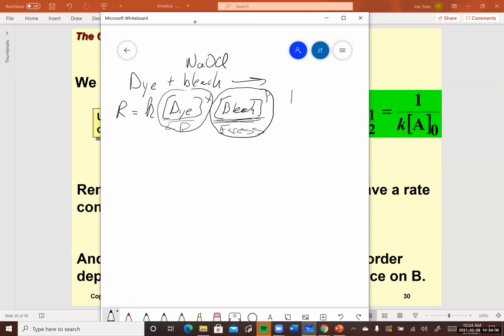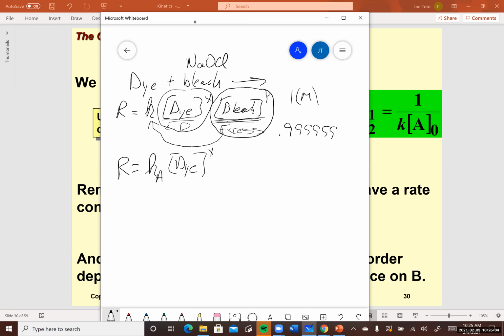So if it starts out at 1 molar, it might end up at 0.999999, whatever. It's pretty much constant, right? So its effect can be incorporated into this constant. You could rewrite the rate law as this K for experiment A, let's say, times dye